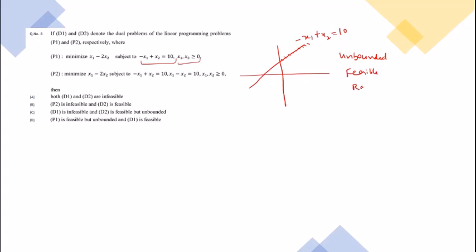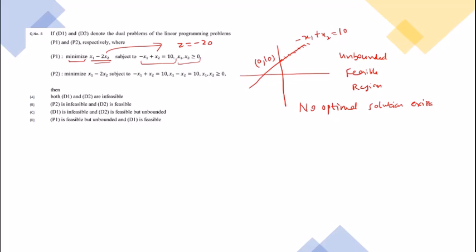And what is the optimal solution of this LPP? Since this is a minimization problem and we need to minimize this, you will be able to find that x1 minus 2x2 can be minimized along this line. So there is actually no optimal solution, because you can see the coordinates of this point are 0 comma 10. At 0 comma 10 the value of this objective function is minus 20, while if you take any other